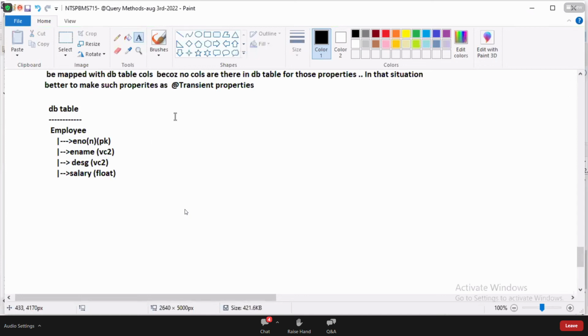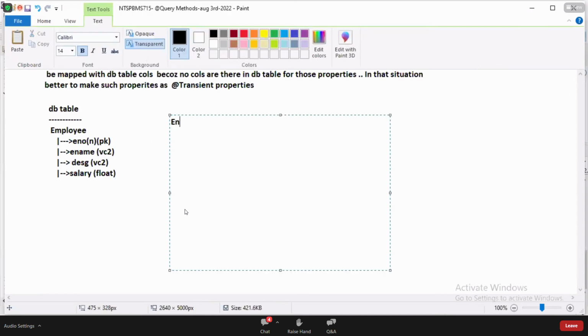Because of some reasons, here is my entity class. Public class Employee with @Entity. Class name and table name are matching, so writing @Table is optional, right? @Data. Tell me next.